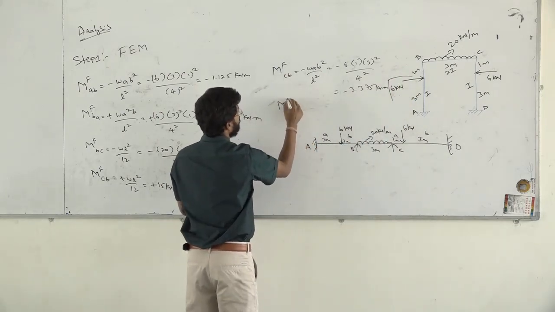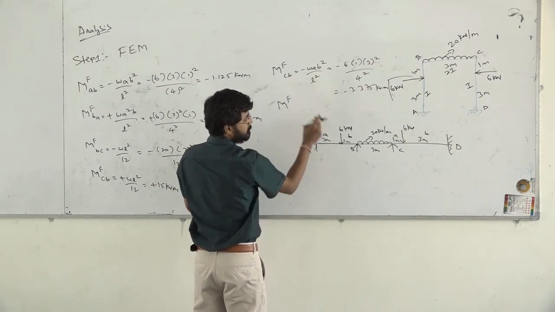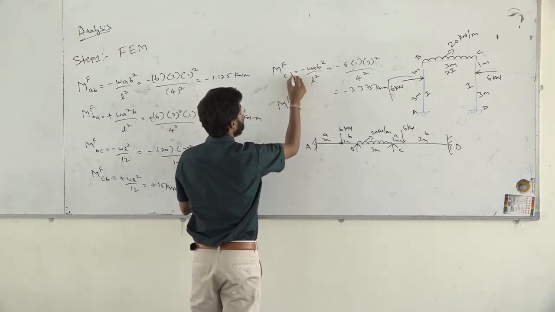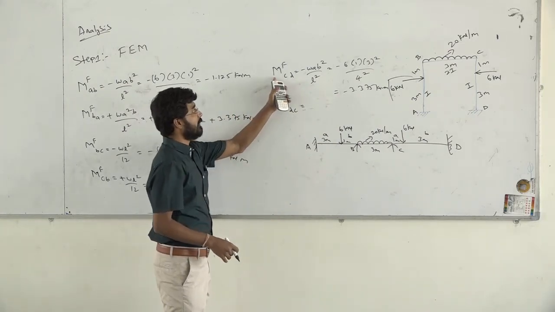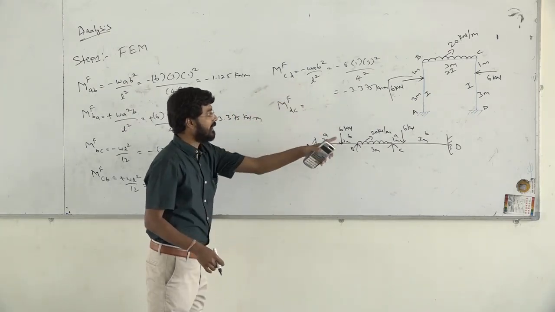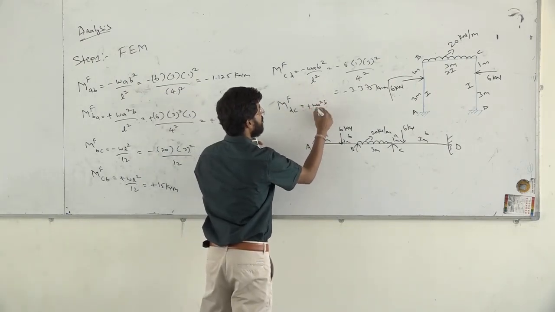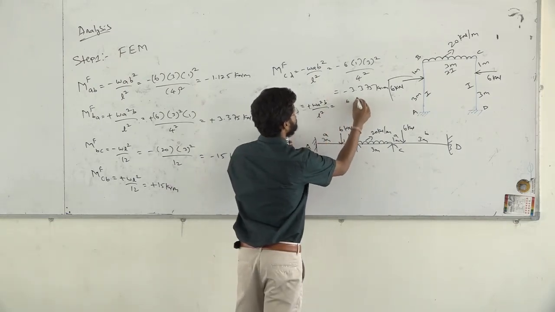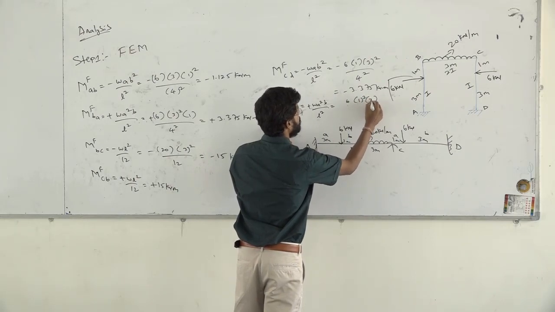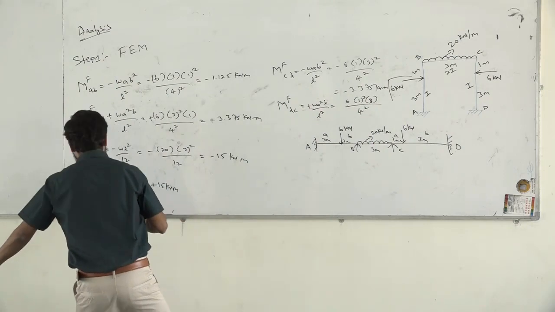Fine. Now similarly, the last one, if you take MF, we have CD and DC. The last one is MFDC, which is equal to plus W A square B upon L square. Now loading it as 6 into A, here 1 square upon, here 3 by L square, L square is 4 square.